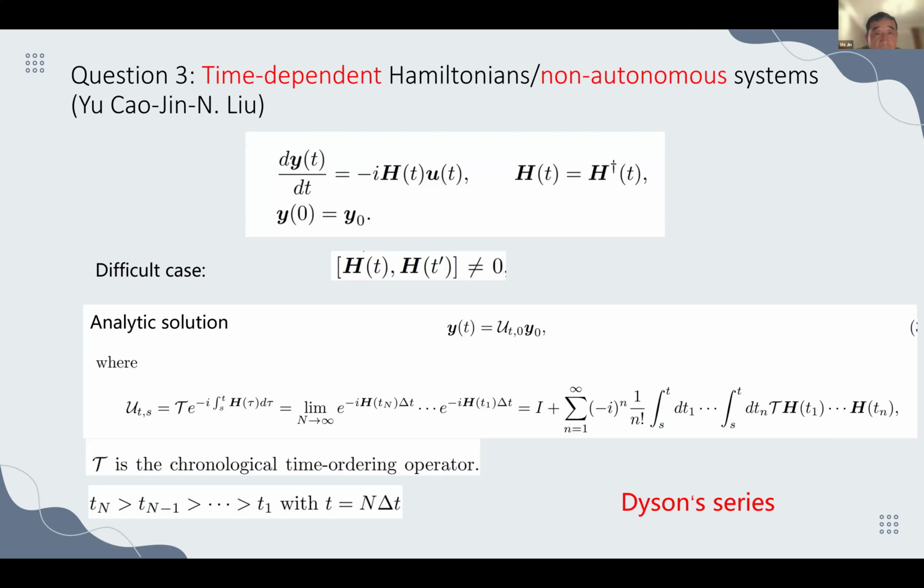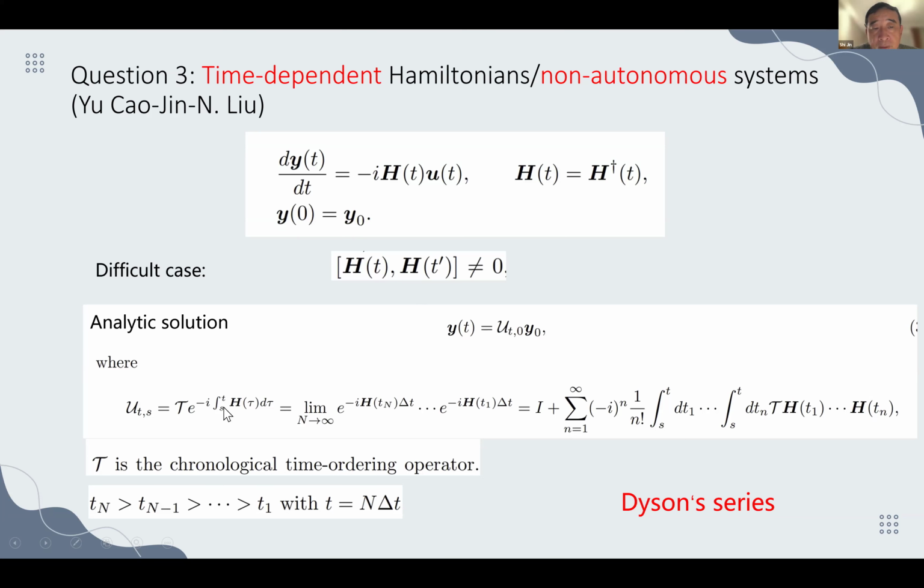Let me see. Okay, maybe I have a little bit of time to talk about this third topic, which is time-dependent Hamiltonians. Very often you have to solve a dynamical system with time-dependent coefficients, so the Hamiltonian can depend on time. Okay, and here we start with a Hermitian matrix. Here H is Hermitian, but depends on time. The difficulty with solving this kind of system is that the Hamiltonians at different times are non-commutative. So if t does not equal t prime, H(t) and H(t prime) are non-commutative. So for the analytic solution to this kind of system, you do have this unitary operator U, which is e to the minus i